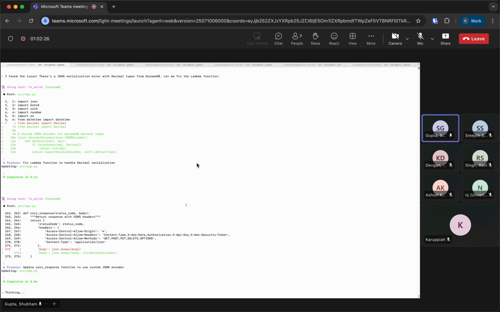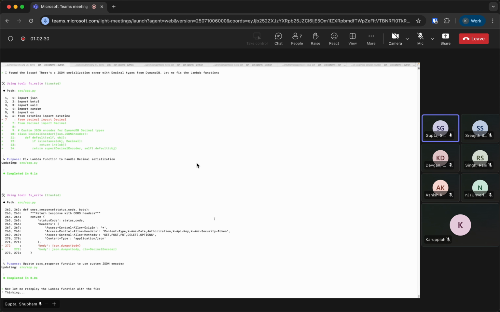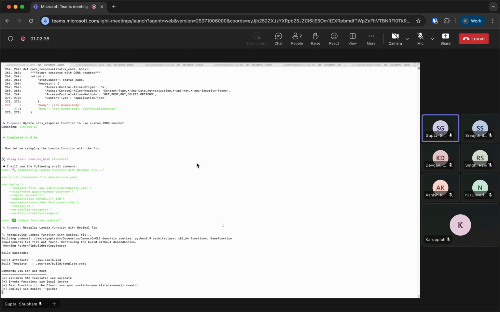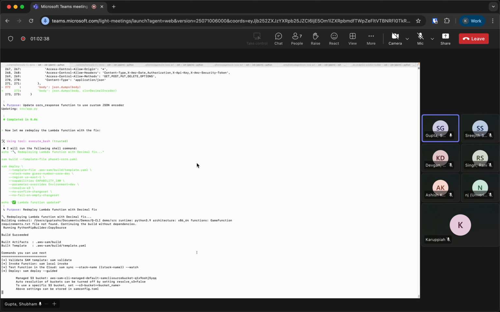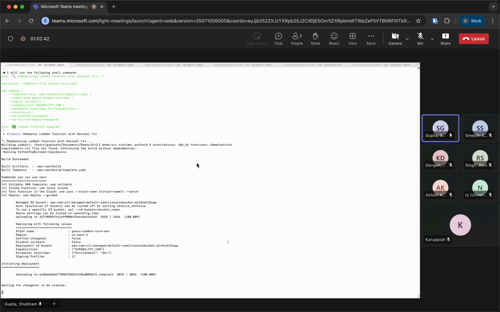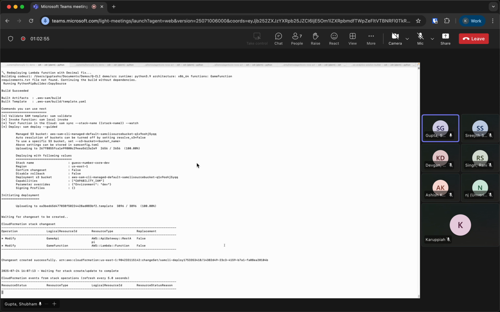So just to showcase how simple it becomes to create and deploy an end-to-end application, which might have taken days, if not weeks, for your developers, you can create it in a matter of 15 minutes, following all the best security practices and well-architected practices. So that's all I had for today.